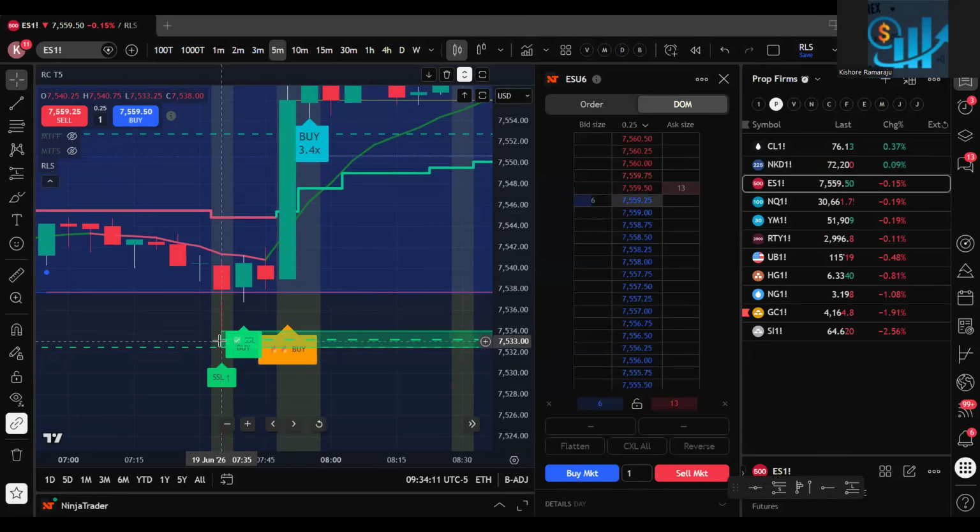Because sometimes it may go further down. You want to see, okay, after this candle, do I have a follow-up candle, right? After a sell side liquidity, you should have a sell side buy. That means there should be a green candle followed by this. Then that's generally a very good opportunity, right?